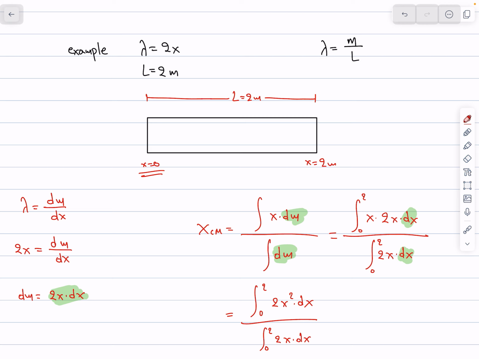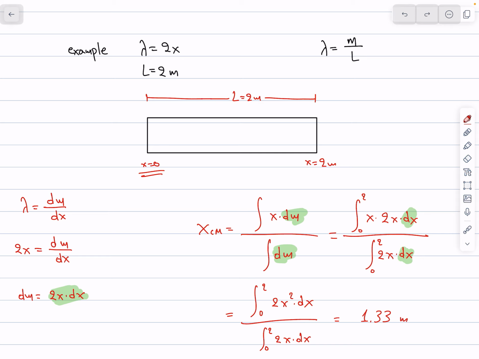Now, either we can calculate these two integrals manually, or we can go to the calculator for each single one of them. At the end, I believe that we will find that the position x of the center of mass is approximately 1.33, in this case meters,